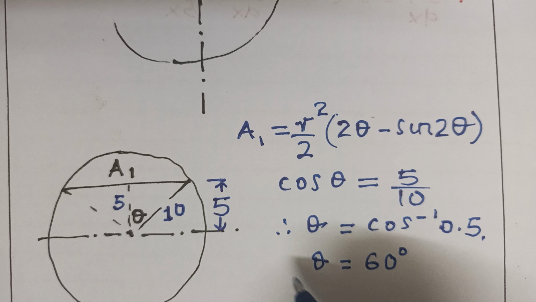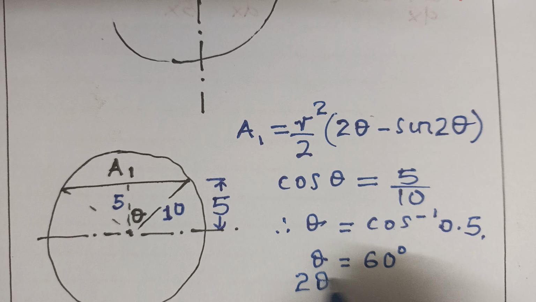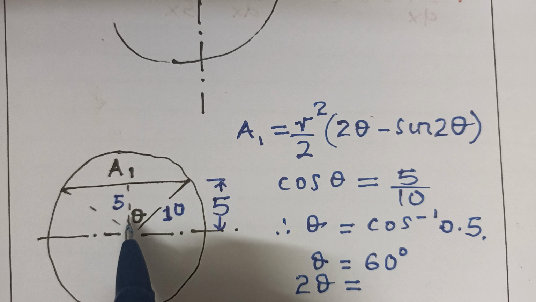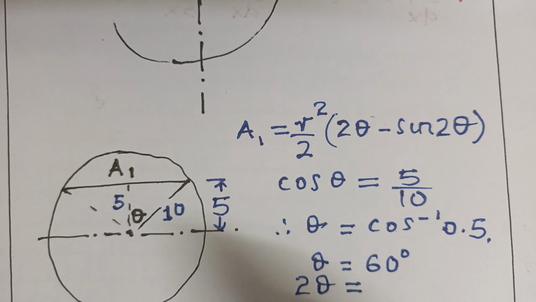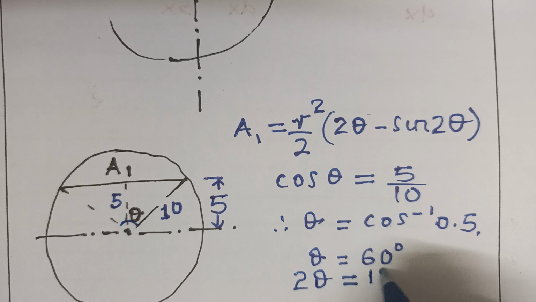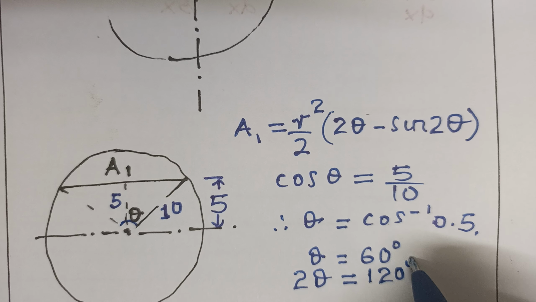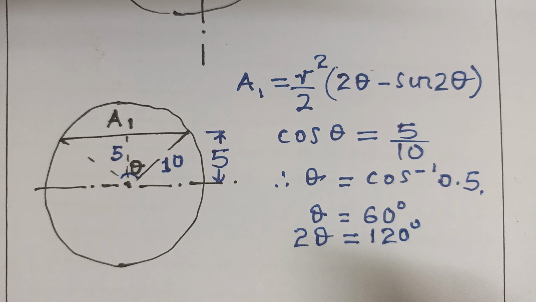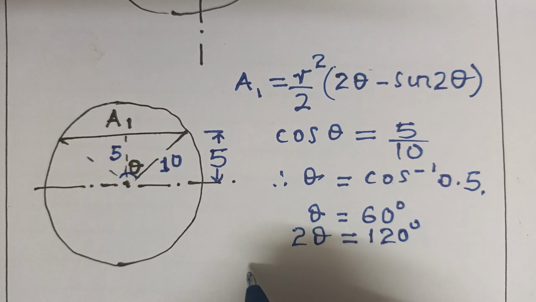With that, it means that 2 theta will be equal to this theta and also another theta here, which now represents the whole of this angle. This comes to 120 degrees. Now we put that into our equation, that is A1